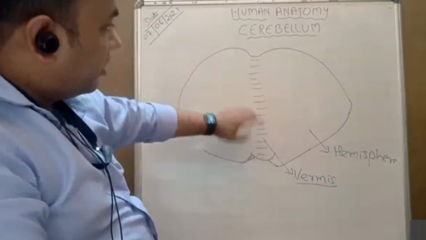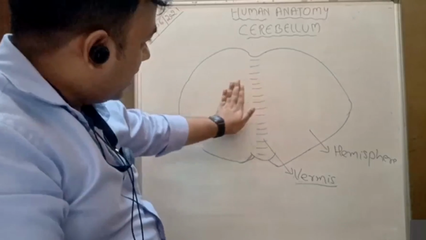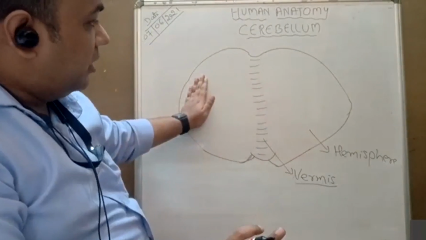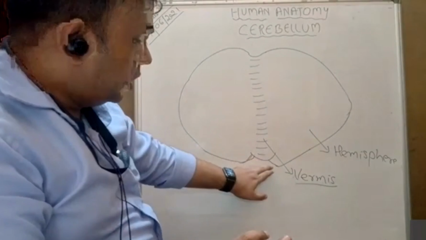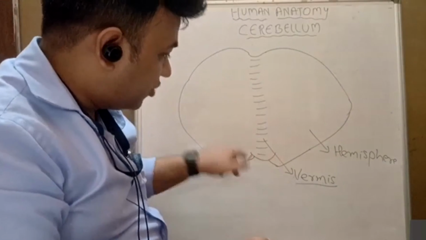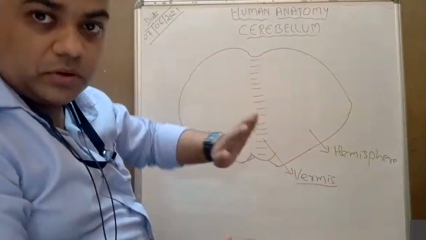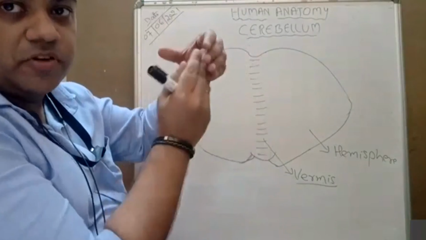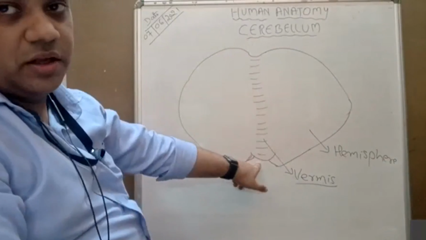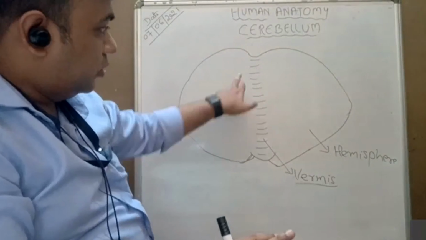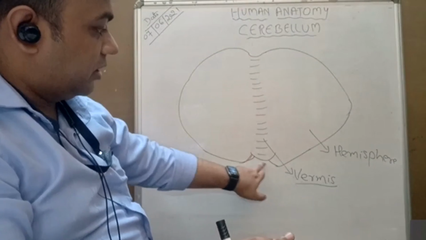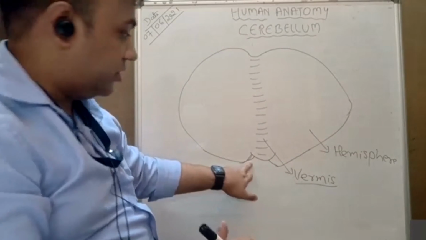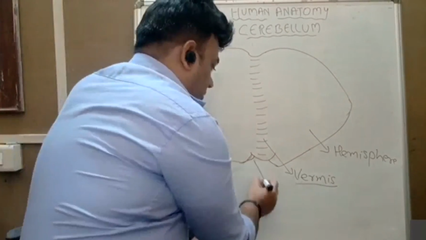So in the superior surface, you can see that the vermis is continuing; after a slight sulcus, it is continuing with the cerebellar hemisphere. But on the inferior aspect, we'll find that between the two cerebellar hemispheres there is a fissure. I will show you during the LCD. When you go down, there comes a proper fissure, and in the fissure an elevation comes. That fissure between the two cerebellar hemispheres on the inferior surface is known as the vallecula.